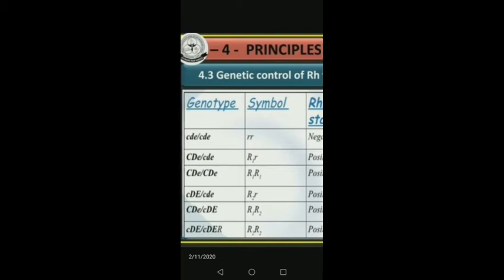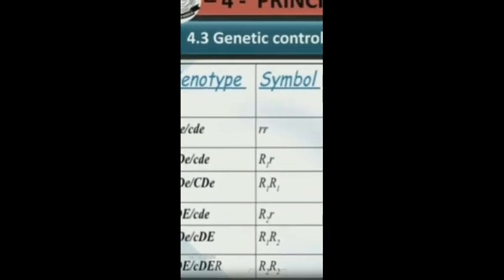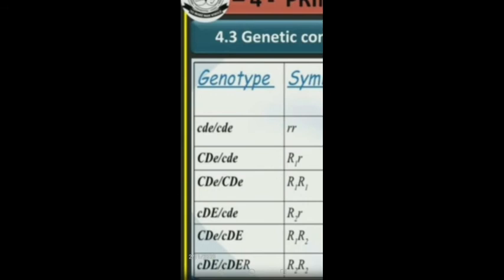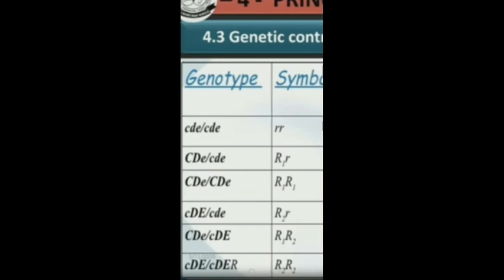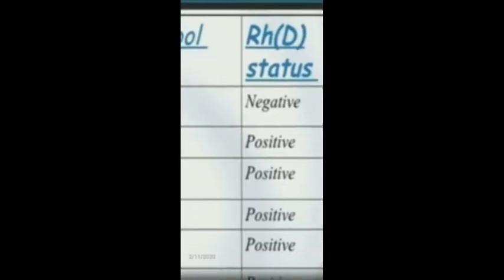If small d is there, we can say small r. He is giving the explanation of CDE with the help of R. Capital R means positive. Small r means negative. How can we decide capital or small r? In the gene CDE, the first one, all are small, D also small. So mainly we have to see the letter D only. Both D are small letters, so the symbol is small r. If small r comes, it is said to be a negative one.